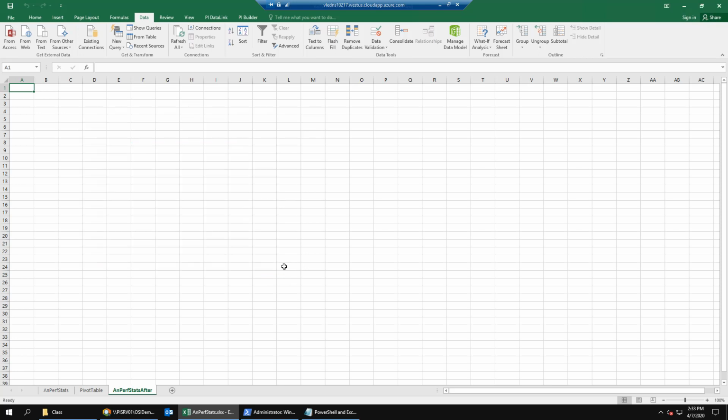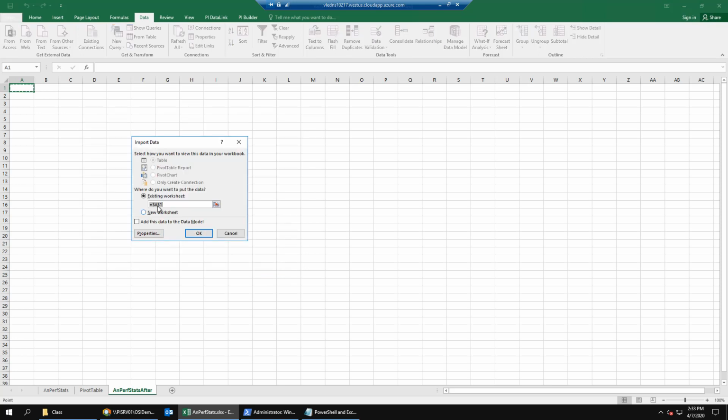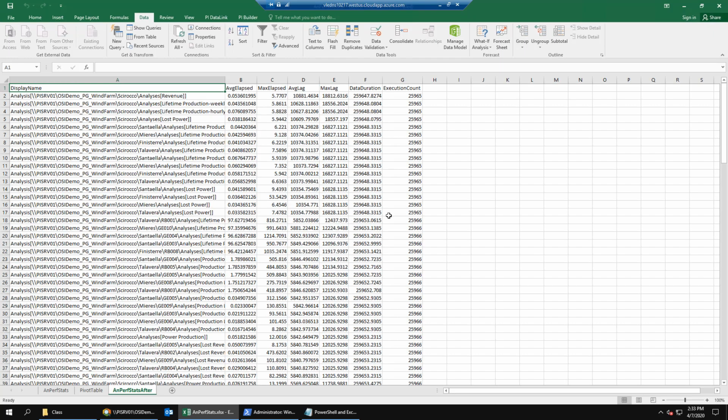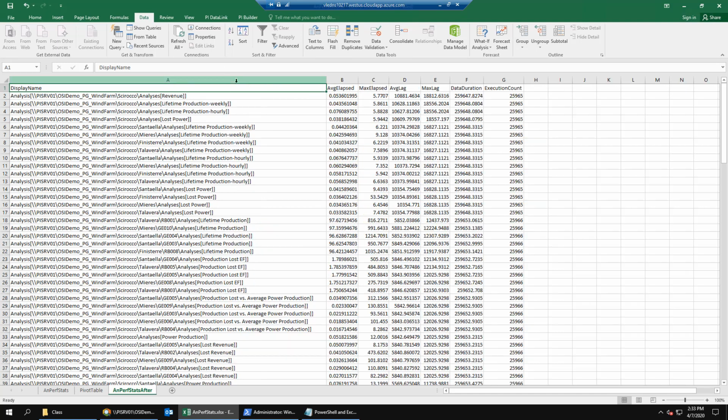We'll uncheck Tab and check Comma. Click Next, and then finish. And then click OK to import into the worksheet. So here you should see our new performance information from our CSV file that we created in PowerShell.